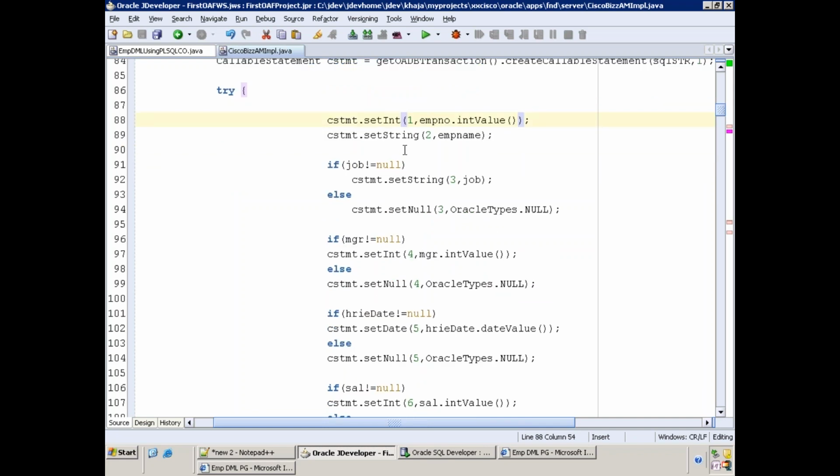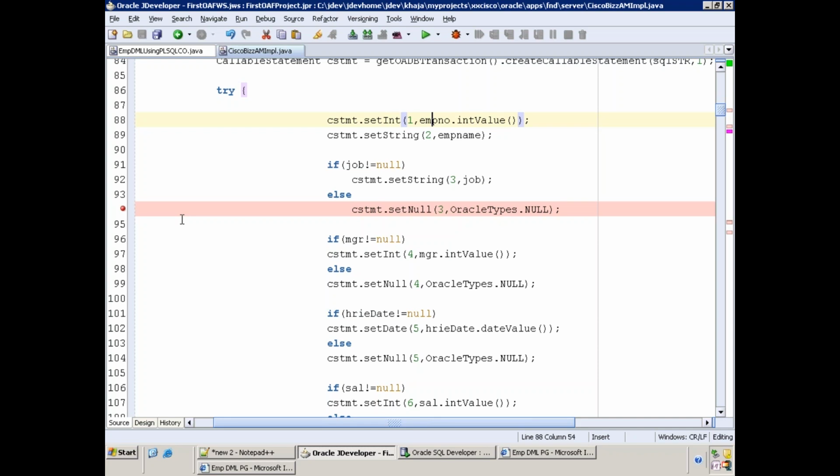Else, if they are not null, we should simply set them directly rather than checking the not null condition, because the other parameters are not mandatory. If you get any exception, or you need to pass the null if the value is empty, that's why we have this if and else condition here. If job is not equal to null, set string and pass the job. But if the job is null, pass the null value. Don't pass the empty string here, because your PL SQL will give an error. That is why we have to clearly pass the null value if your Java value is null.